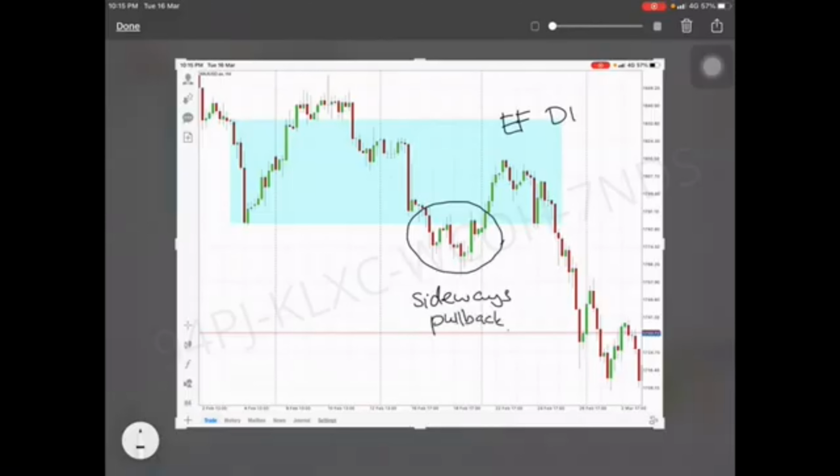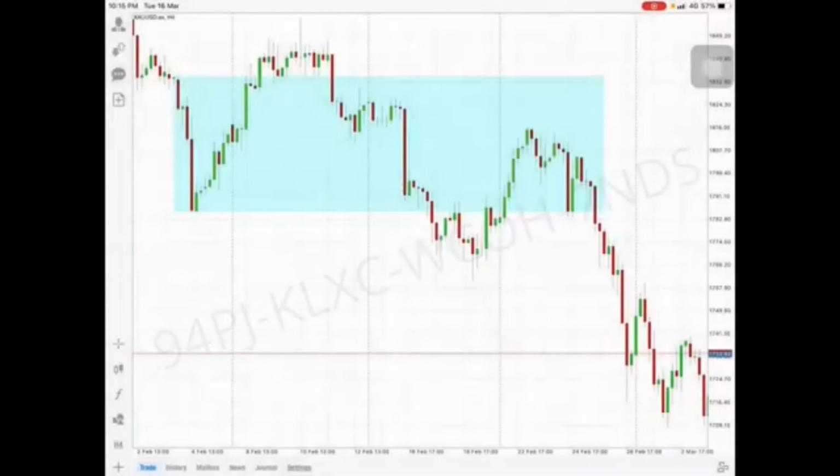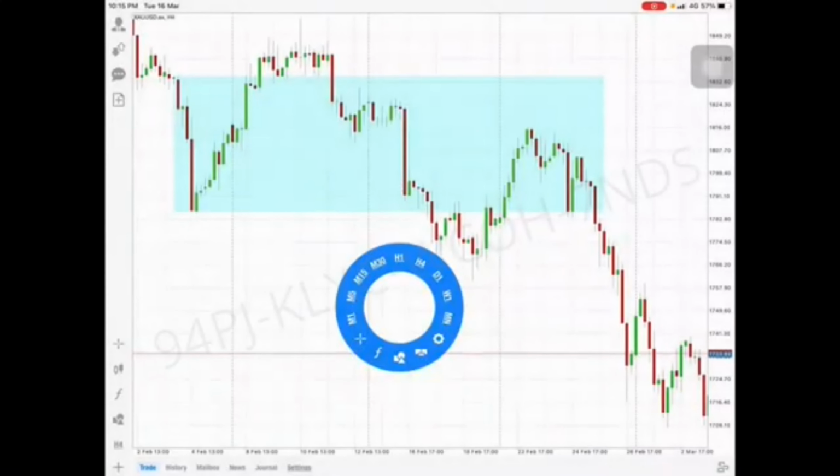Okay, this is a sideways pullback. And inside of the zone, there's also sideways, right? This is what we are looking for. Okay, all right. So now, when we come to the H4,